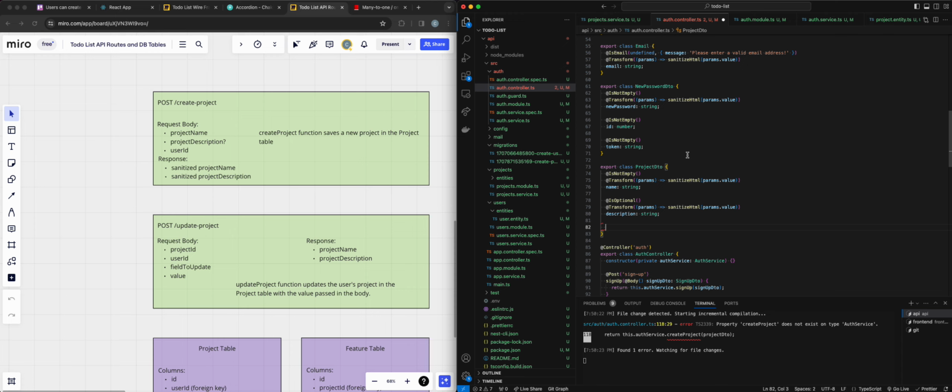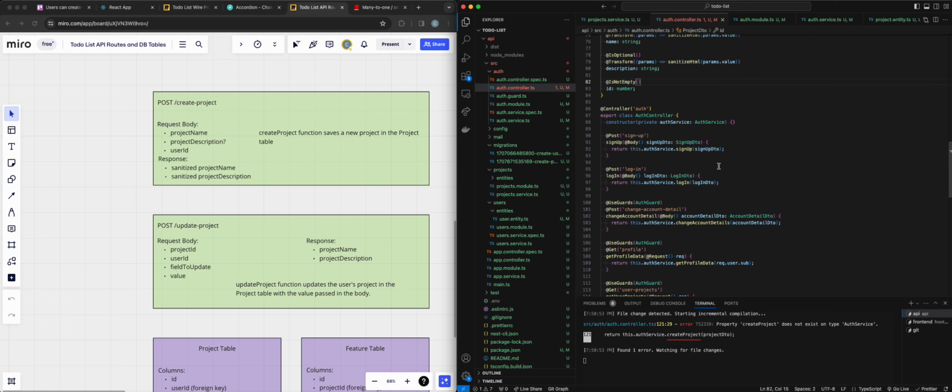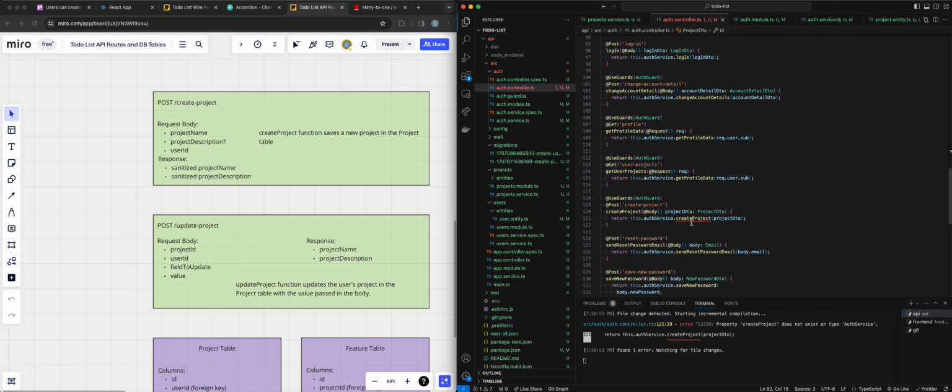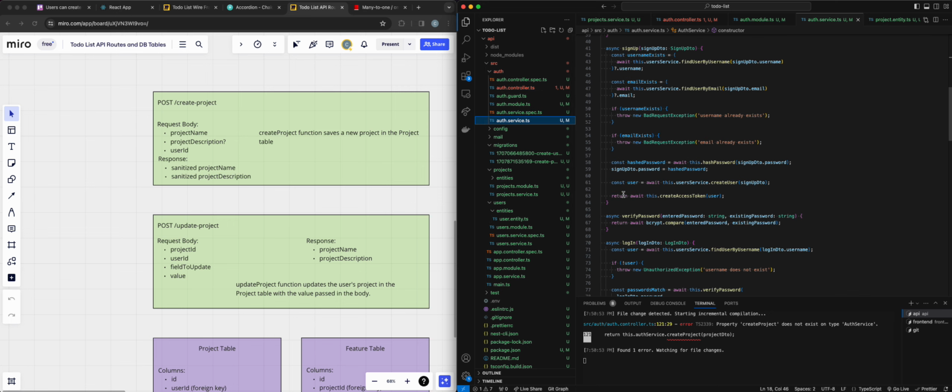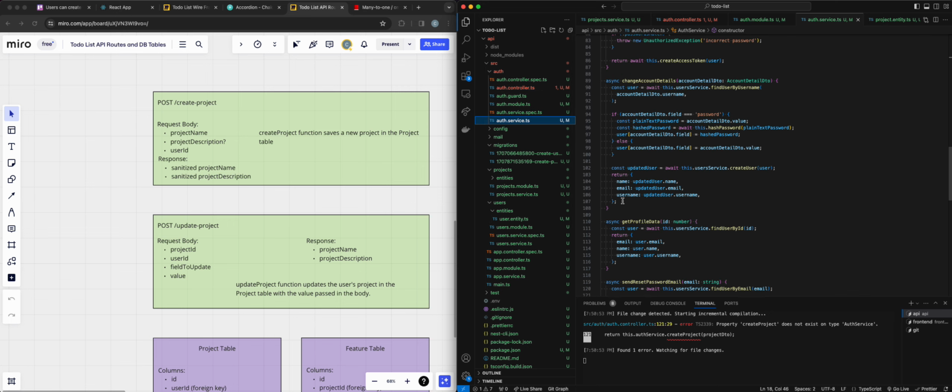All right, so ID is going to be number, and we need this to be IsNotEmpty. All right. So now let's go to the auth service to create this